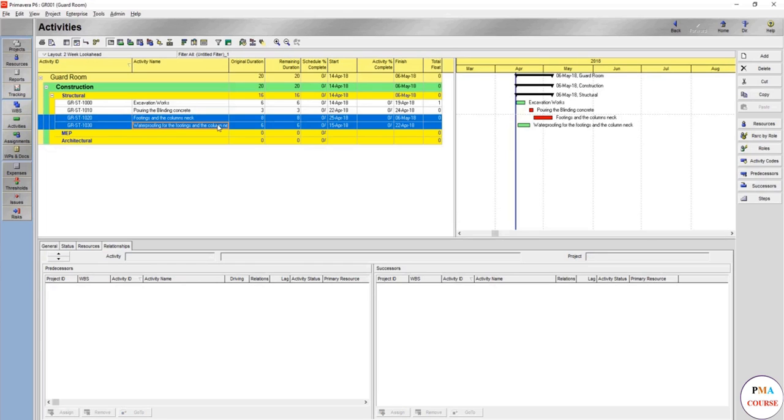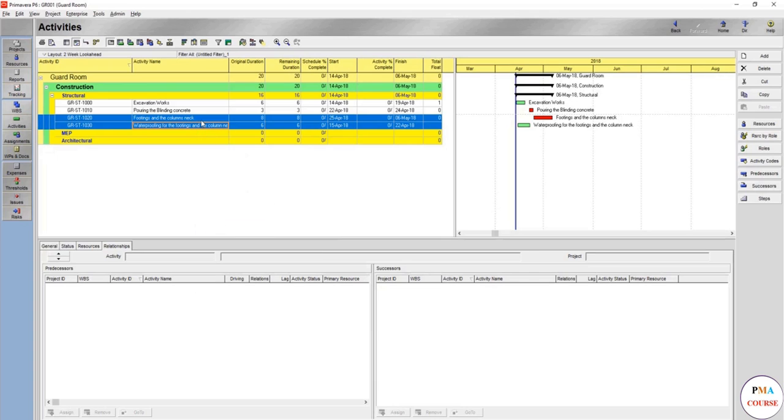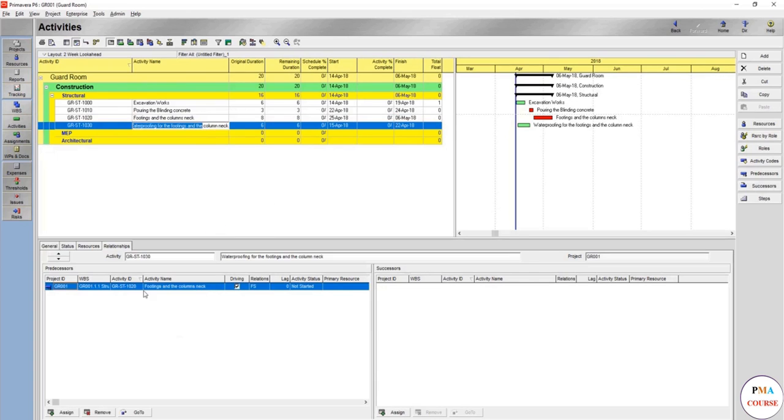By selecting both activities, using Control to select them, and then right clicking and choosing link activities, this puts the relationship of finish to start, as you see here in the relationship tab. You can also add a lag, for example after the footings and the column neck, by 3 days for curing of the concrete, and then you are going to start the waterproofing for the footings and the column neck. So now if you press